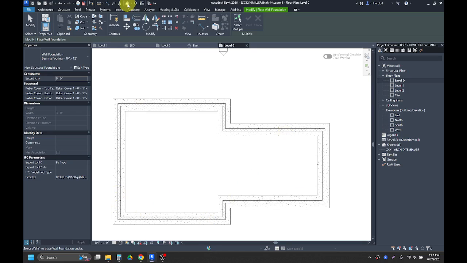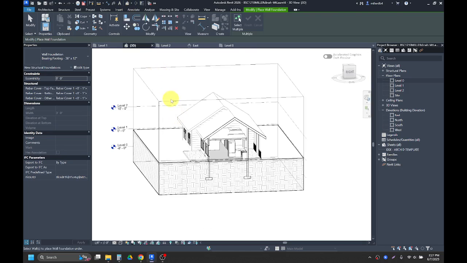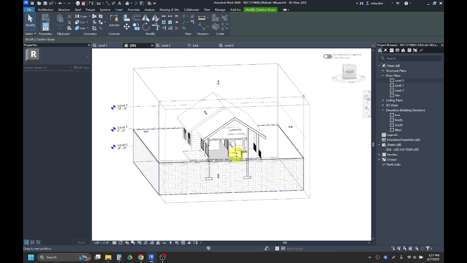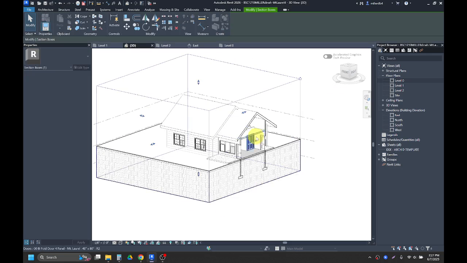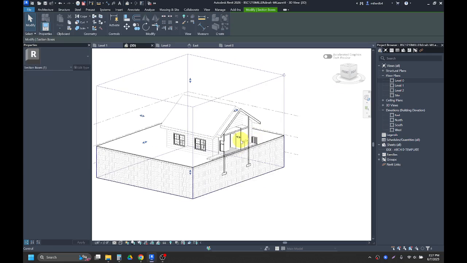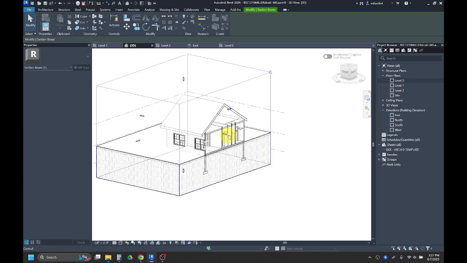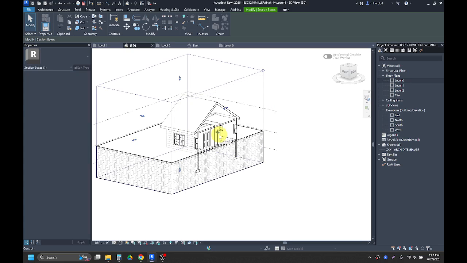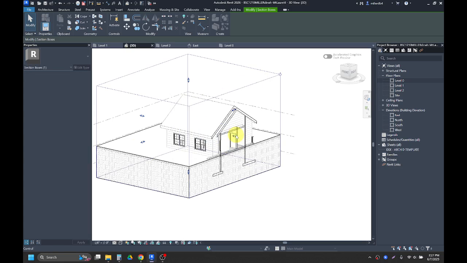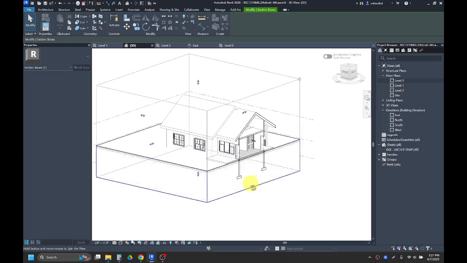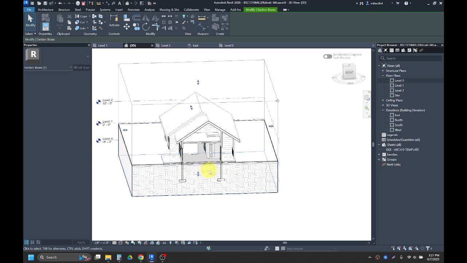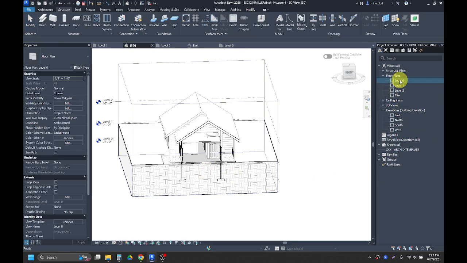So if I go back into my 3D view with my section box cut open, we can see now that we have a footing underneath our foundation wall. And our last step to finalize this foundation would be to excavate our building in here. So I'll go back into my level 0 floor plan,